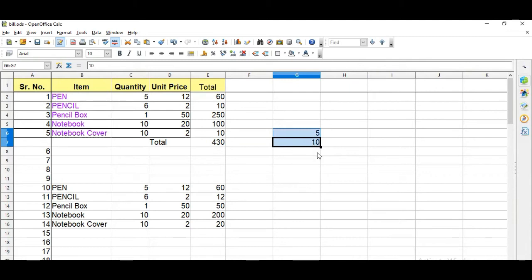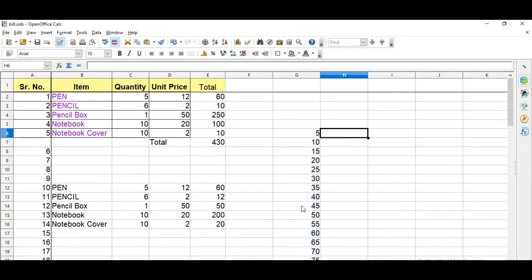That means each succeeding term will have a difference of 5 from the last term. This is 10 minus 5, that is 5. So now click and drag this handle. Okay, this is the drag handle. You can drag it and you will get a cell range having an arithmetic progression of 5.